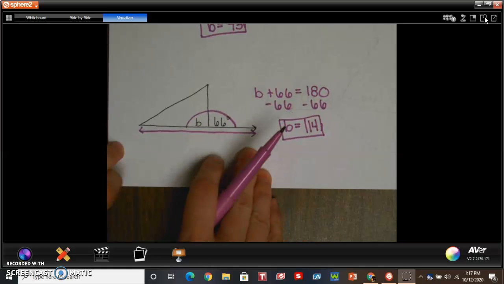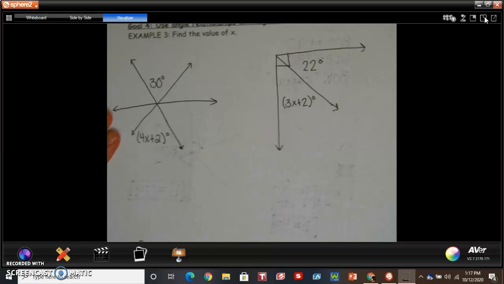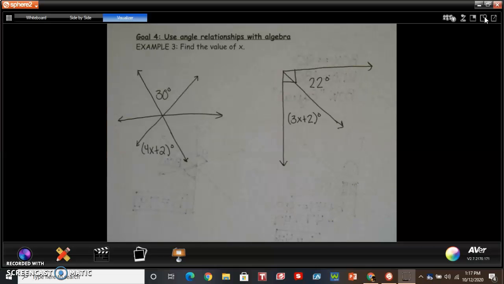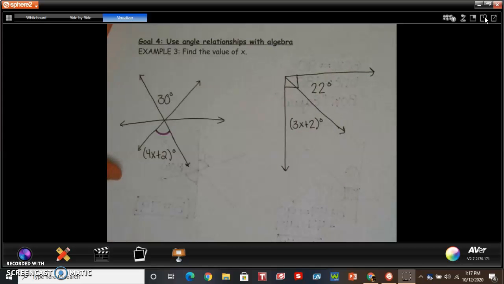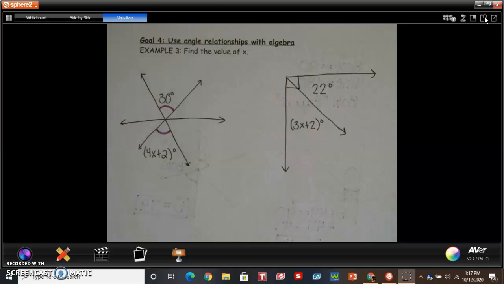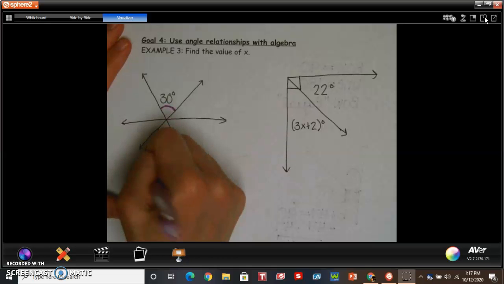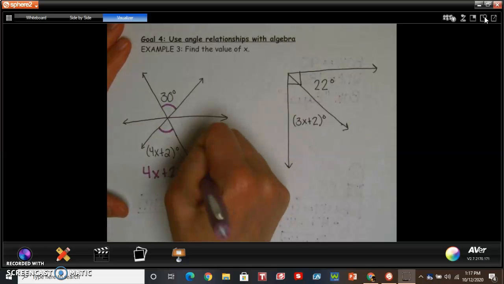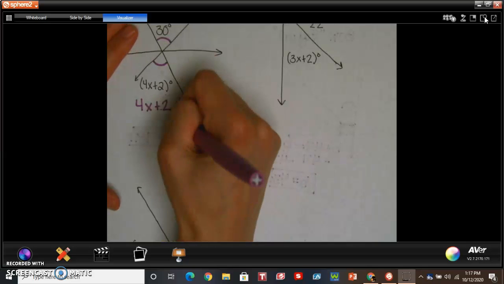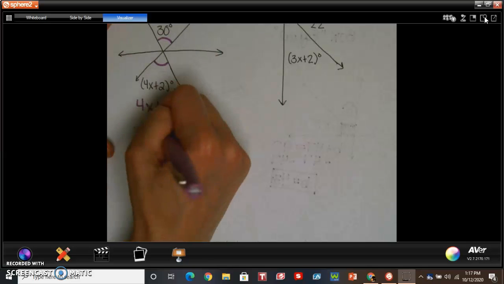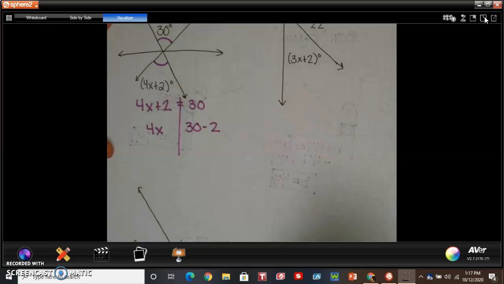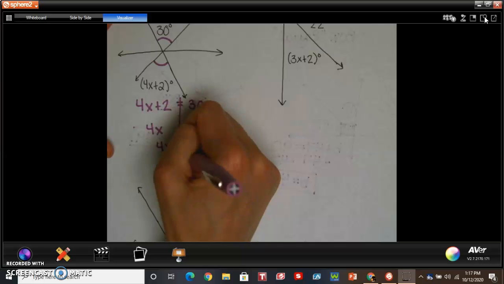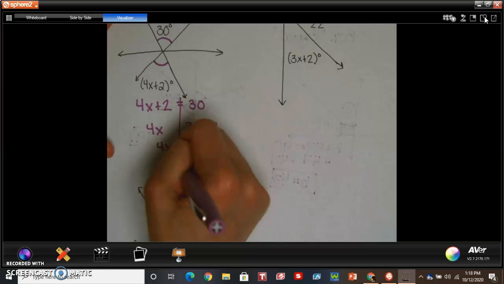We're going to use the same rules for goal number 4, using algebra with our angle relationships. So we want to solve for x. So here's the angle we know, as 4x plus 2. Here's the other angle we know, as 30. So are we a box, line, or bow tie? We're a bow tie. Remember, bow ties are equal. So we would say 4x plus 2 equals 30. All right, let's do some constants and variables. So we have 4x over here, and we have 30 minus 2. So 4x and 28. So x equals